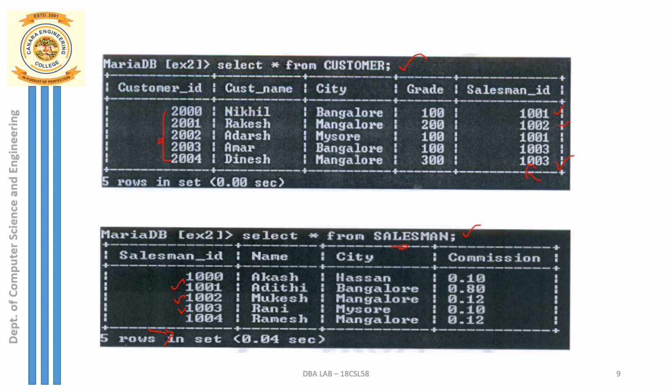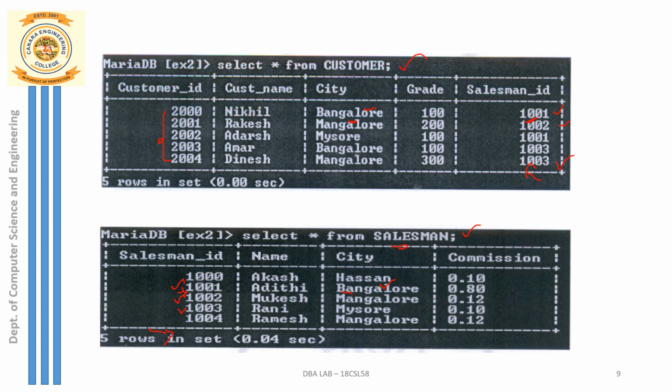And you can just see here the city of the customer and the city of the salesman, whether they are the same. Suppose the salesman ID is 1001 and he is serving a customer who belongs to Bangalore. So just see what the salesman city is. 1001 is a salesman. You can come to the salesman table and check the second row. That salesman with ID 1001, his city is also Bangalore. So we have here both customer and salesman belonging to the same city, Bangalore, right?